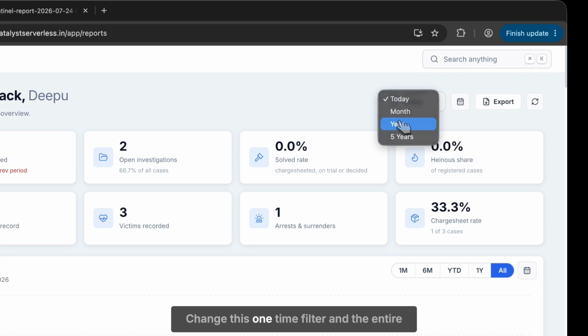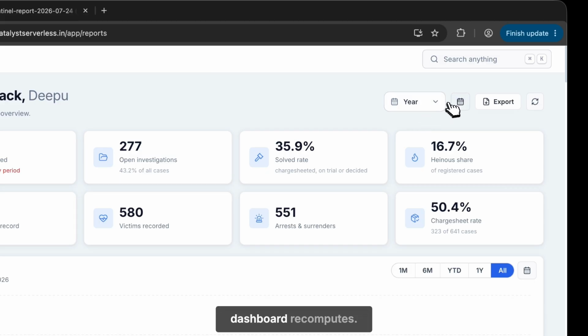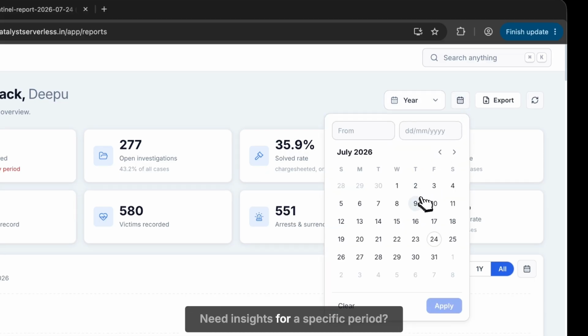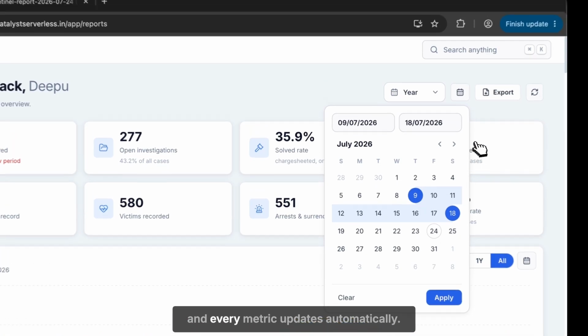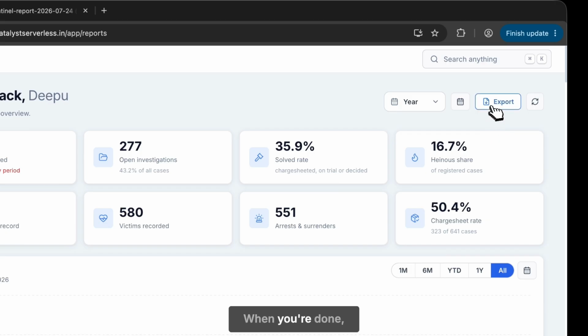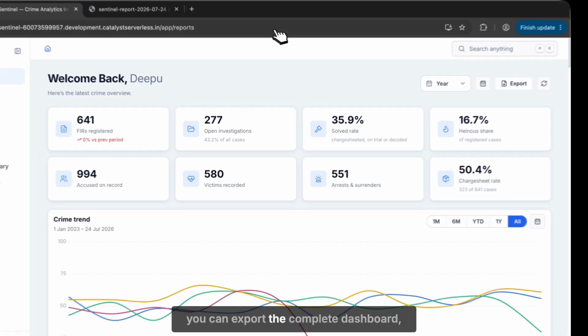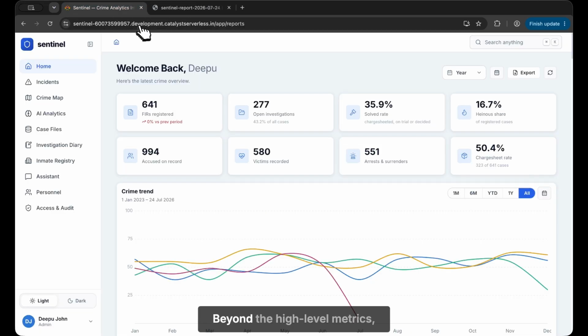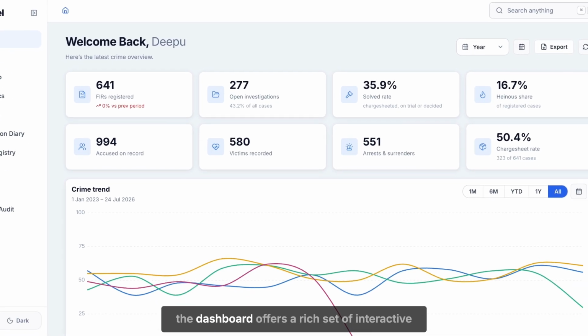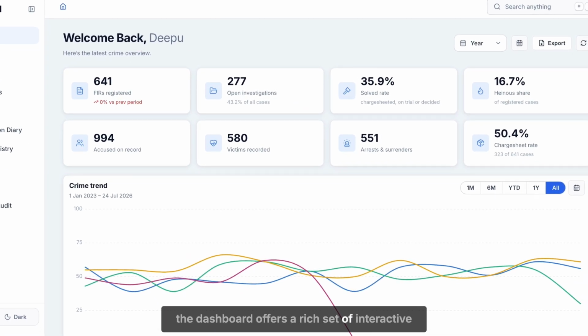Change this time filter and the entire dashboard recomputes. Need insights for a specific period? Simply select a custom date range, and every metric updates automatically. When you're done, you can export the complete dashboard, including all charts and visualizations, as a PDF with a single click. Beyond the high-level metrics, the dashboard offers a rich set of interactive visualizations that help officers uncover patterns and